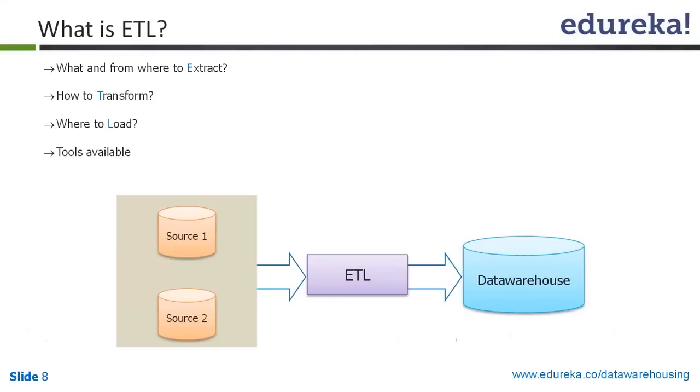What is ETL? The full form of ETL is extract, transform, and load. So the obvious questions for extract, transform, and load would be what to extract, from where to extract, what to transform and how to transform, and where to load it. As you know, there are multiple disparate sources that are loading the data into the data warehouse. So you need to extract from the multiple different sources. There is no consistency in the data in the OLTP system, so you need to standardize all the data that is coming in, and then you have to load it into the data warehouse.